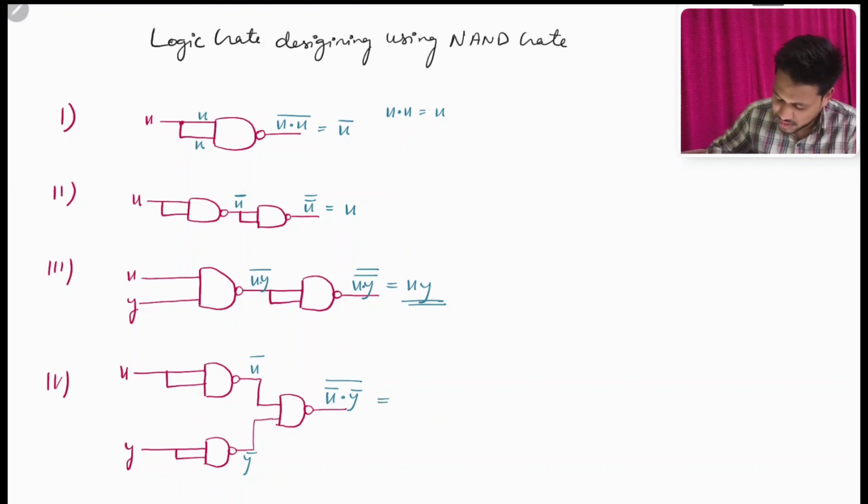So apply De Morgan's law. This will be X double bar plus Y double bar, and we know that X double bar and Y double bar are only X and Y. So we can see this is working as an OR gate,